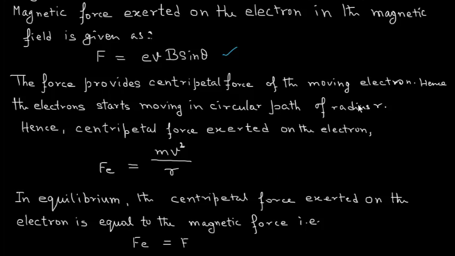So the force provides centripetal force to the moving electron. Hence the electron starts moving in the circular path of radius r. Hence the centripetal force exerted on the electron, Fe, is equal to mv squared upon r. In equilibrium, the centripetal force exerted on the electron is equal to the magnetic force, that is Fe is equal to F,